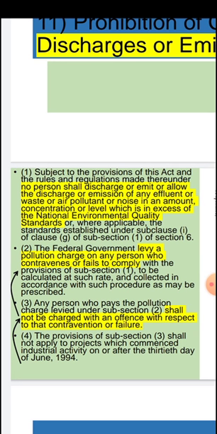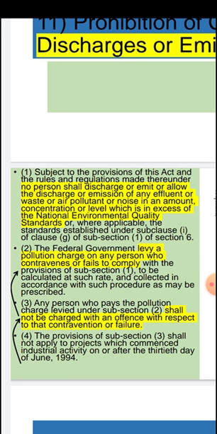So under the federal agency functions, there was establishment of NEQS, National Environmental Quality Standards, which are supposed to be implemented and which are referred here. For the second subsection, the federal government levy a pollution charge on any person. Levy is like to implement some tax. So we are imposing a penalty, pollution charge in the form of tax on any person